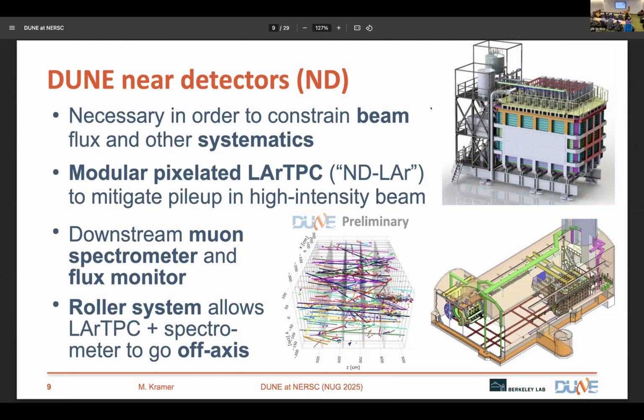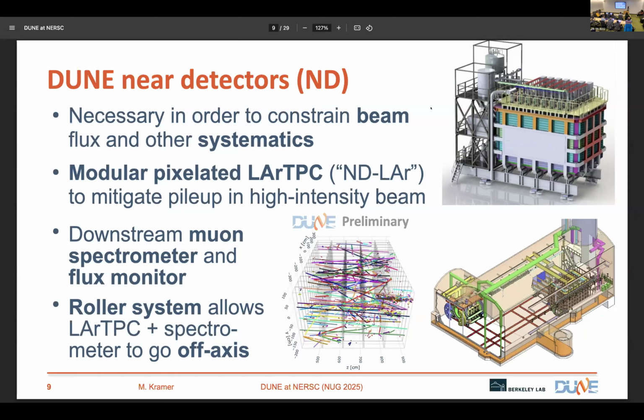sections. But because there's so much going on so close to the beam, the wire readout technology is just going to give us too much ambiguity. So we have to use pixel readout. And this will be the first time that this sort of technology has ever been deployed at large scale. It used to be thought that you can't do pixels and live with argon, you'll boil your argon. But here at Berkeley Lab, the technology was developed to show that you can actually do it, and that's what we're building. In addition, there will be some other detectors.